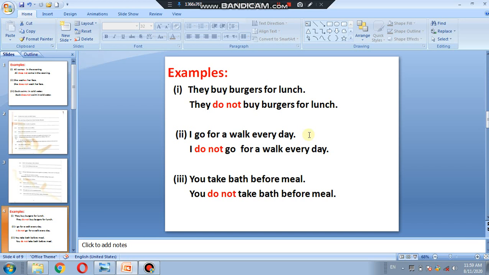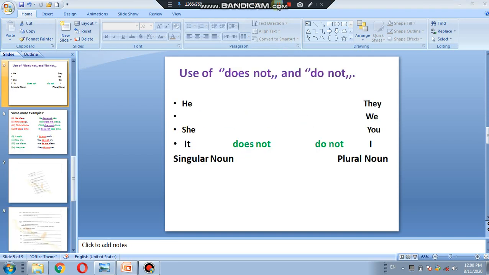In this lesson, I am telling you the use of does not and do not. In this you can see where we have to use does not and where we use do not. With he, she, it and singular noun we use does not.